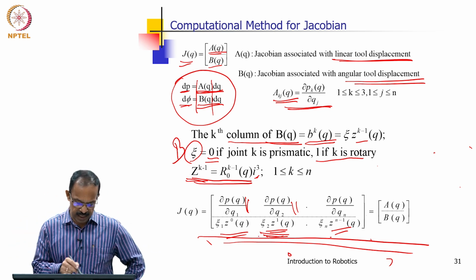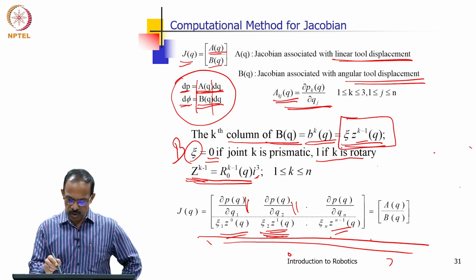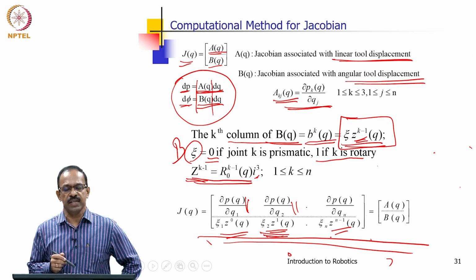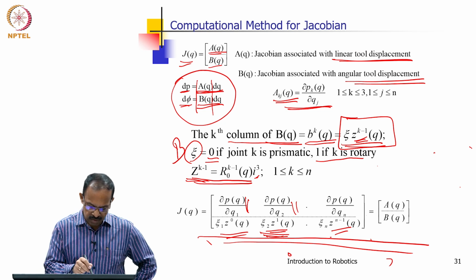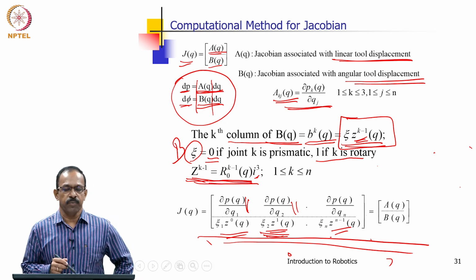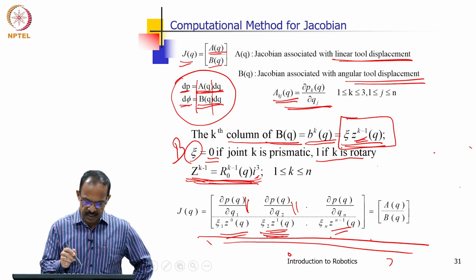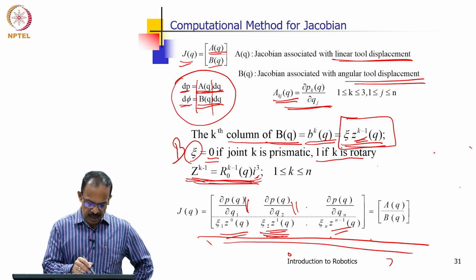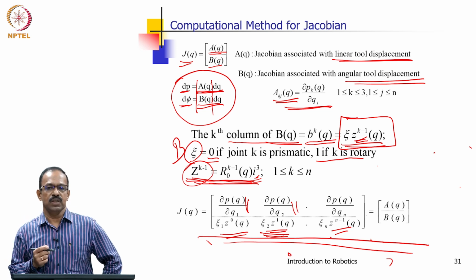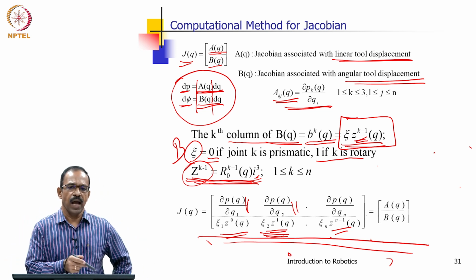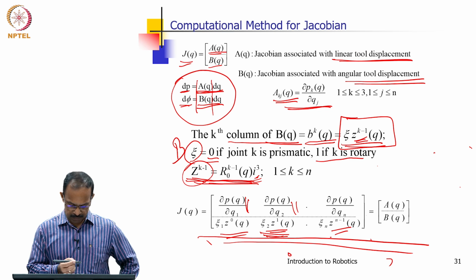So, that is what we are getting here. By doing this multiplication, Zk minus 1 is basically the joint axis. What is the joint axis? That joint axis orientation can be obtained from the rotation matrix that we have. So, we take the rotation matrix 0 to k minus 1 and multiply with I3, and you will get the vector which is Zk minus 1. Basically, that is the z axis of the k minus 1 joint. So, this is the way we compute the manipulator Jacobian.